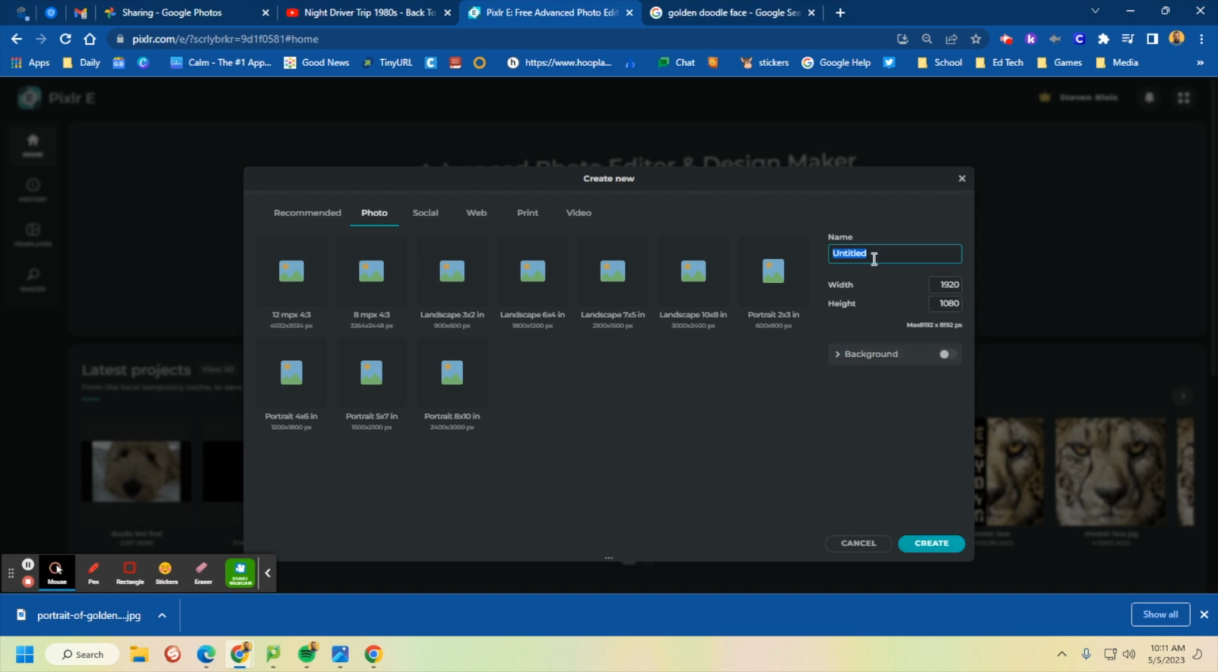Then, give it a title. Do a little text. Title. Select background. Select the color. And we're going to select black. Click create. Now, on the right-hand side, you see the layers menu. What we're going to do now is we are going to